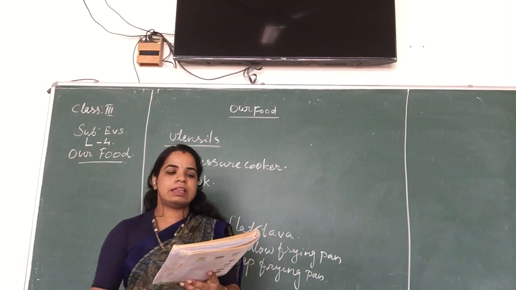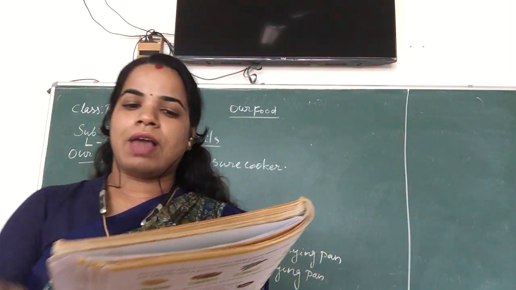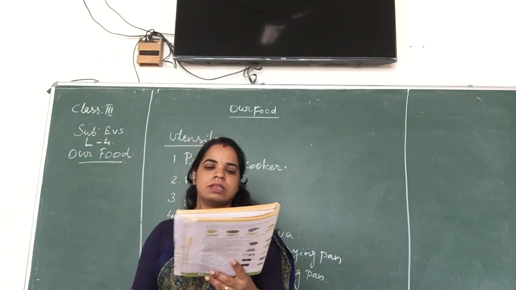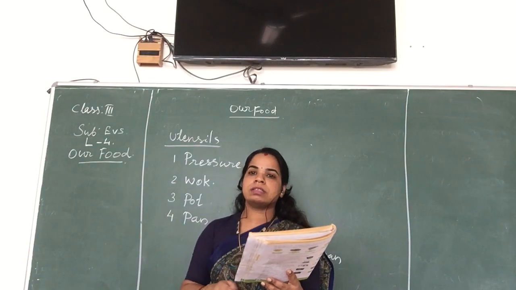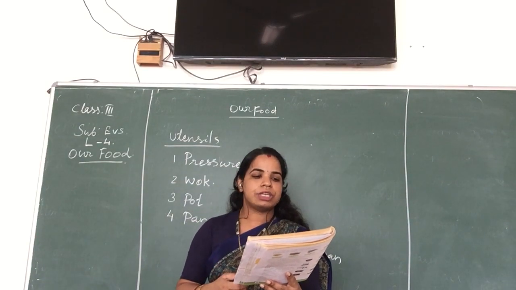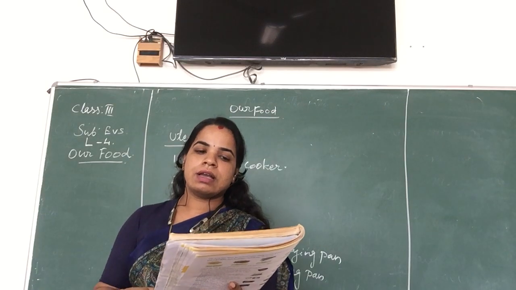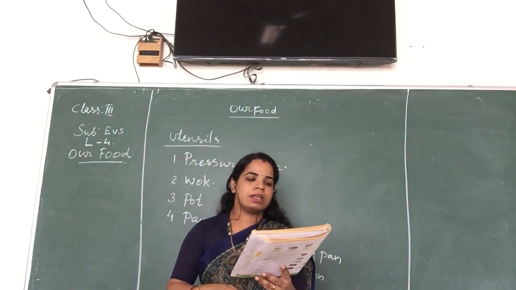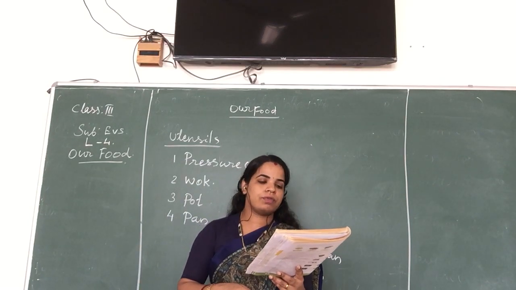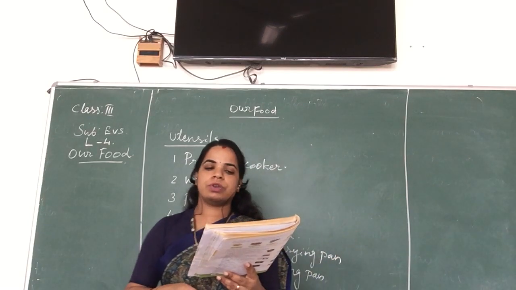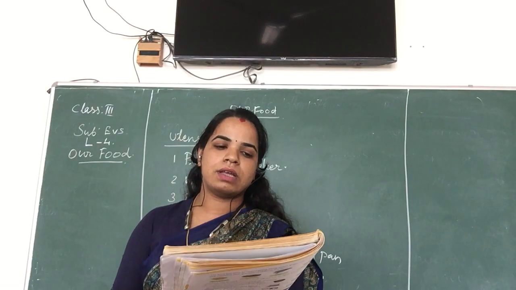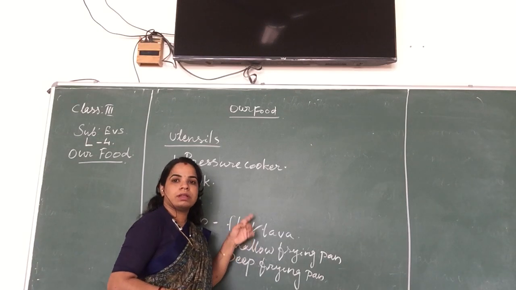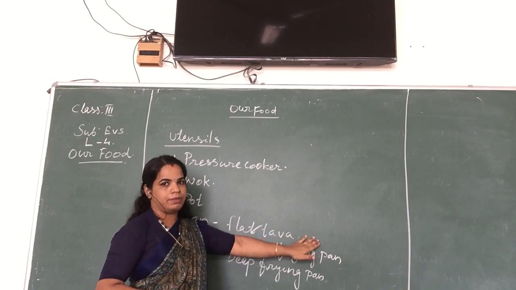And then here there are three types of frying pans: the flat tawa, shallow frying pans and deep frying pans. A flat tawa is used to make chapati and dosa. A shallow frying pan is used to cook cutlets and stir-fry vegetables. A deep frying pan is used to fry meat or fish. It is also used to fry potatoes and make samosa and puris. As we said, a flat tawa is used to make chapati, dosa or roti.